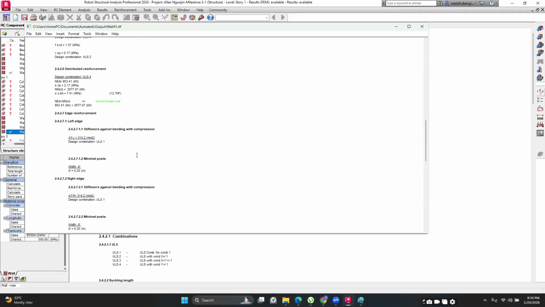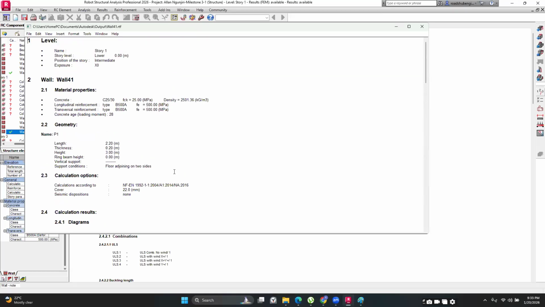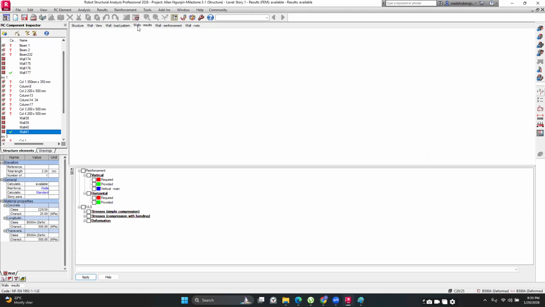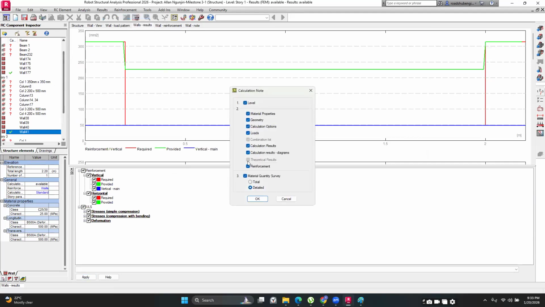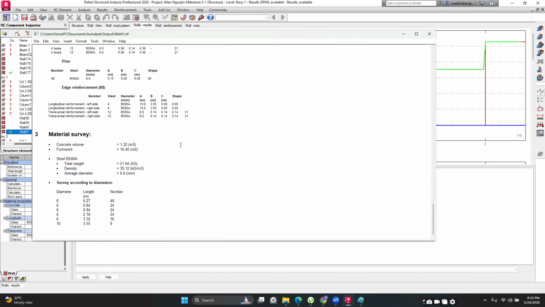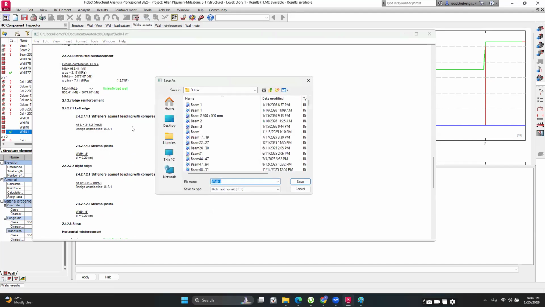Then visualize if everything is there. If the diagrams are not there, it's always nice to have the diagrams. If the diagrams are not there, just go to wall results, check everything here, and click on apply. Then once you do that, now this time, if you try to produce the calculation note, the diagrams should be there. Then once you have this, save as,